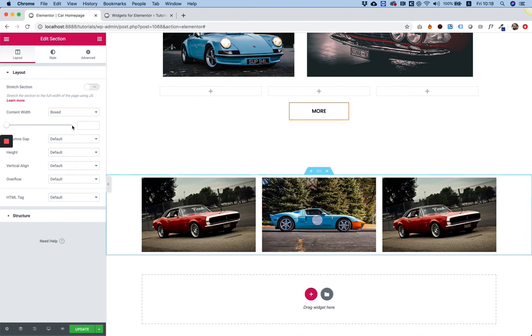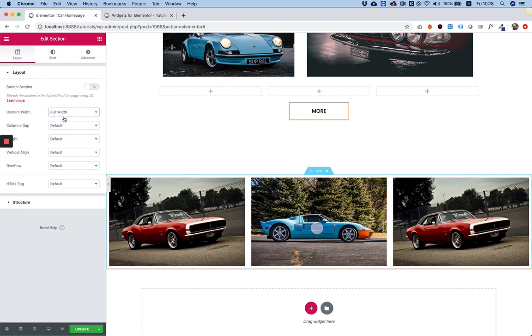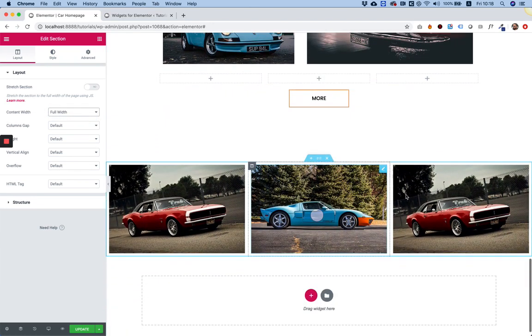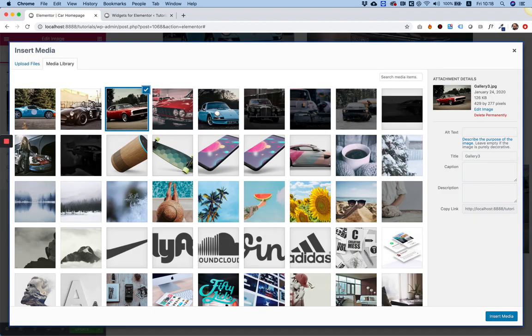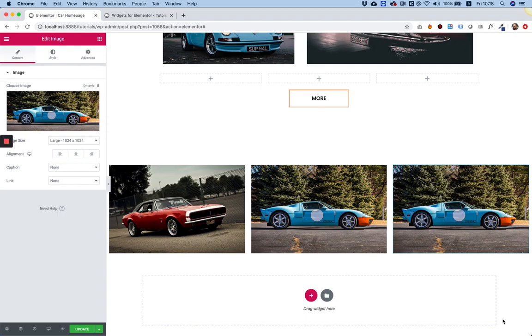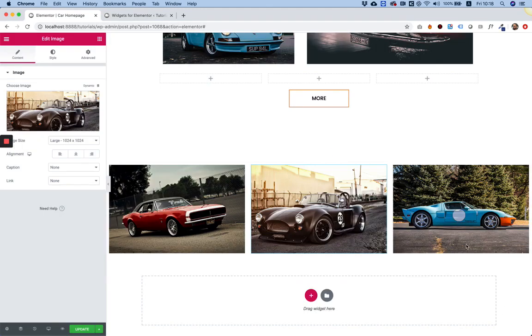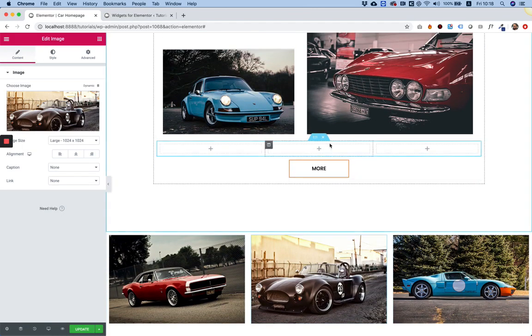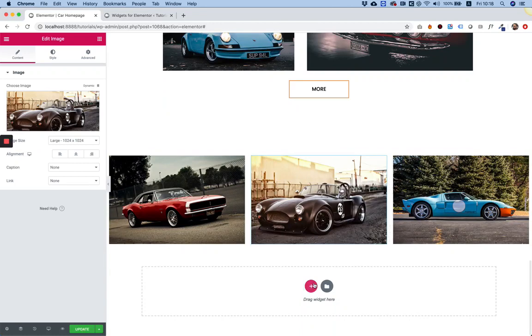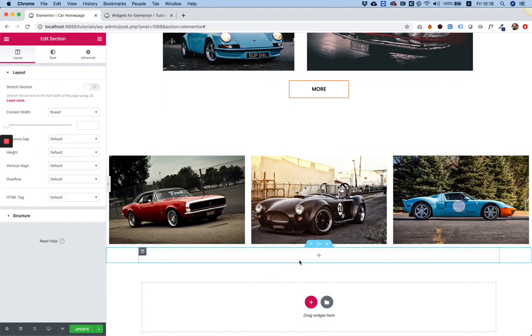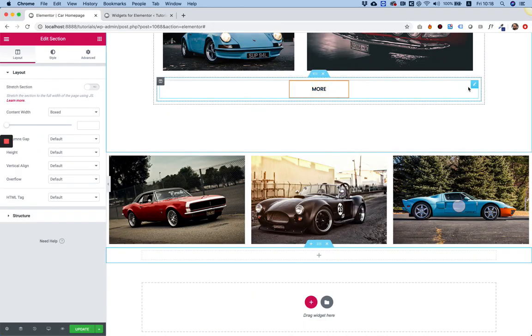And I'm going to make this section full width. Okay, that's exactly what I wanted to achieve. Why do I see this image twice? Okay. Perfect. We can delete this one, add a new section underneath, move the button inside,